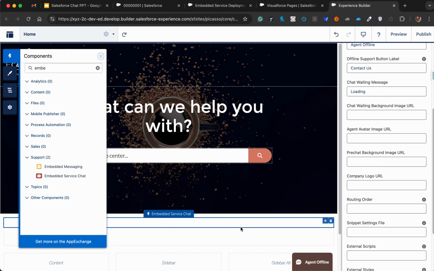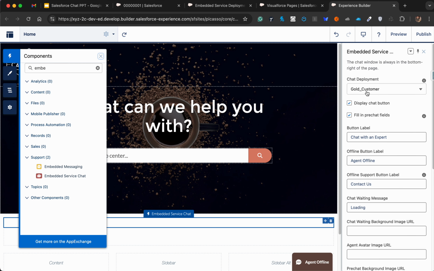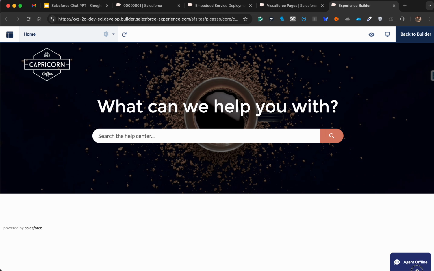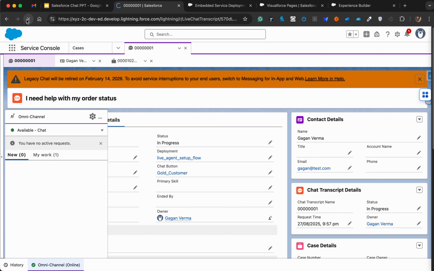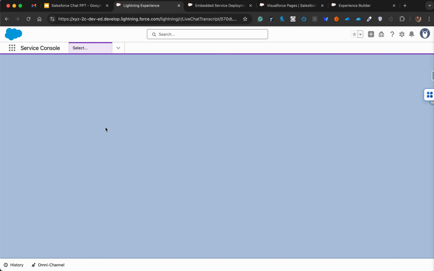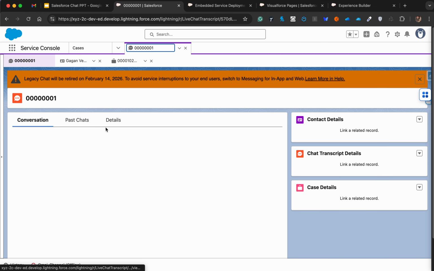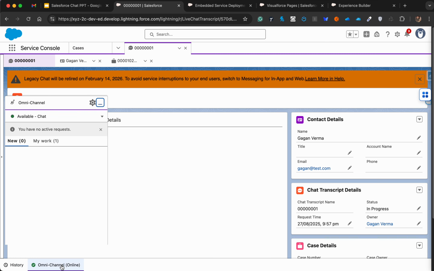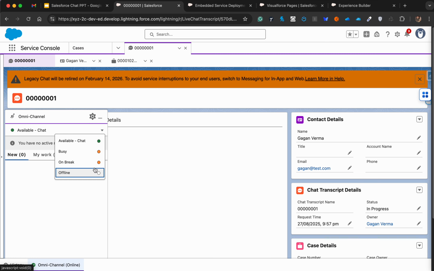Okay, we can drag and drop it anywhere in the website. Automatically it will be visible on the bottom, and we need to select the appropriate chat button and mention some labels, right? So now if I preview, again it says offline, let me refresh it from here. Yeah, sometimes it doesn't work the first time, but once we refresh or do something,